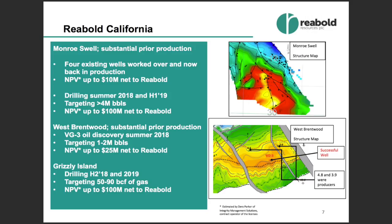So 4 wells were successfully worked over, and you have what the NPV is up to $10 million for that 4-well workover program. And we announced that all 4 wells successfully delivered production, which totals 70 barrels a day gross. Bear in mind the amount of capital that was applied to this is very low, and we generate substantial netbacks within California. Then the next well that we drilled was the VG3 well, which you see in the lower panel